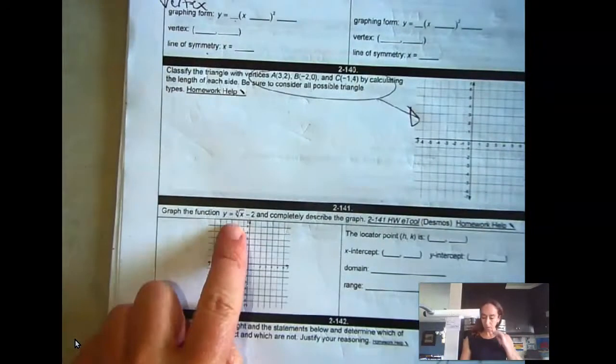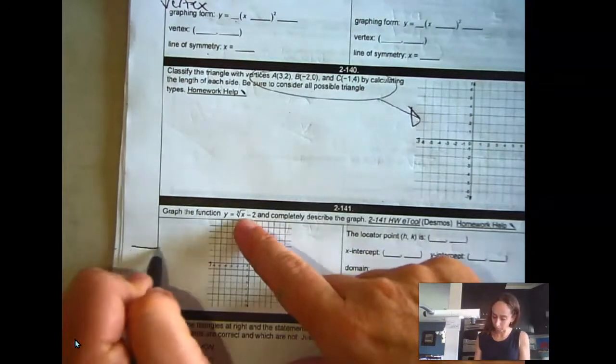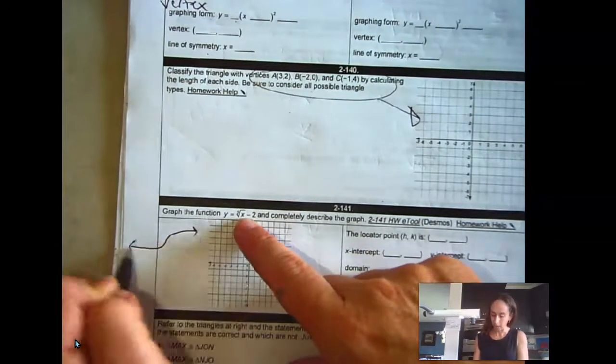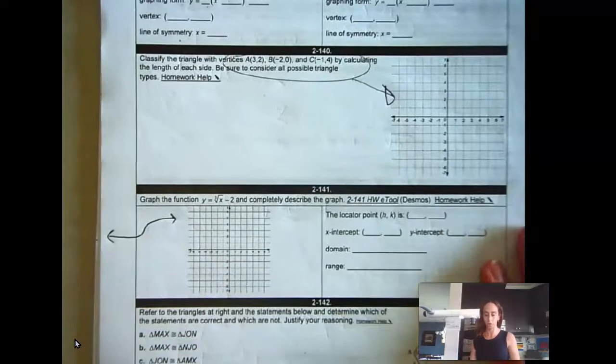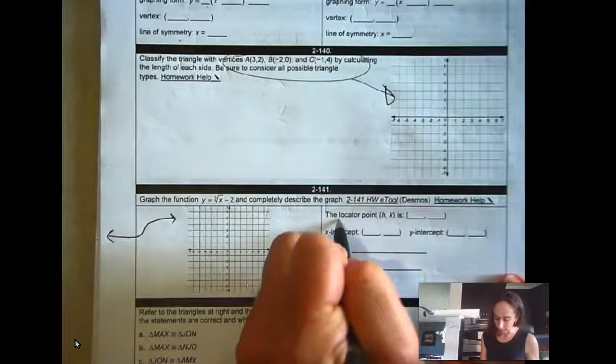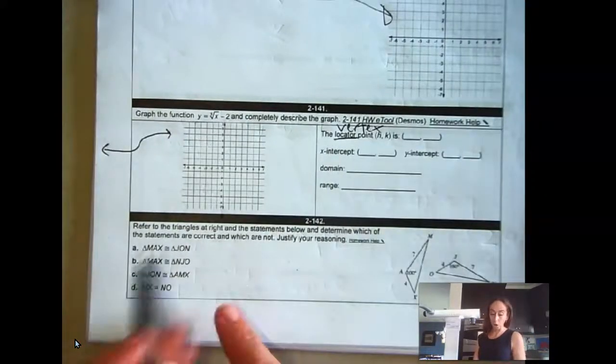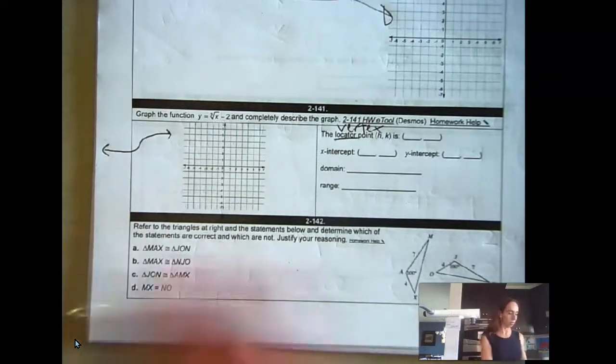Okay, we haven't really done this one as much, but if you actually graph this in Desmos, you should see it like this. And you should still be able to use what you've learned about transformations to help you. When it says locator point, they mean what's the vertex. Okay. X-intercept and Y-intercept, you can figure that out. Oh, congruency. Do you remember that when you're trying to find, so if I have this,